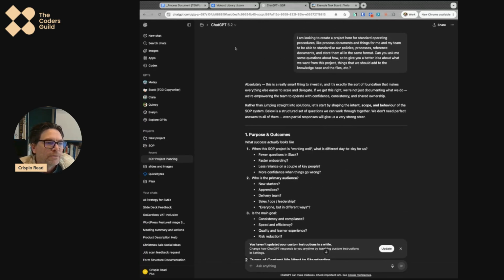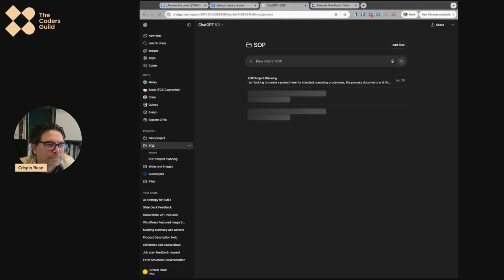Anyway, if I go back to the main project here, now you see this bit, we've got this add files. So what I want to do is add some files that will go into the knowledge base of the GPT. What that means is that every time we start a chat in this project, it's going to call all of the information that's in those files, and then that becomes the framing of how it's going to have these chats with us. So you don't want loads and loads of stuff in there, because